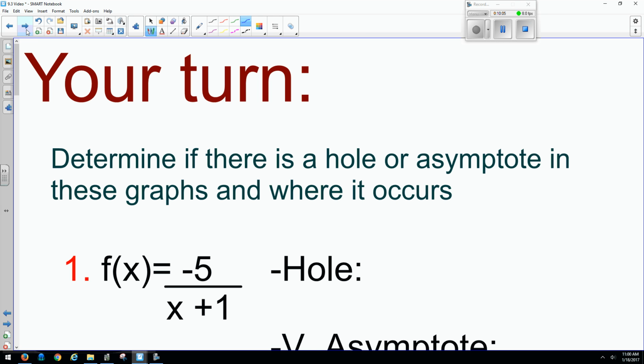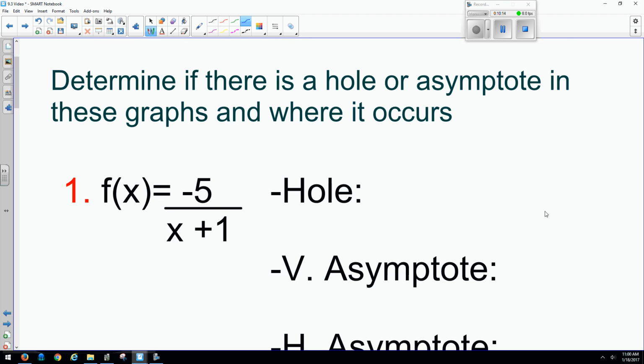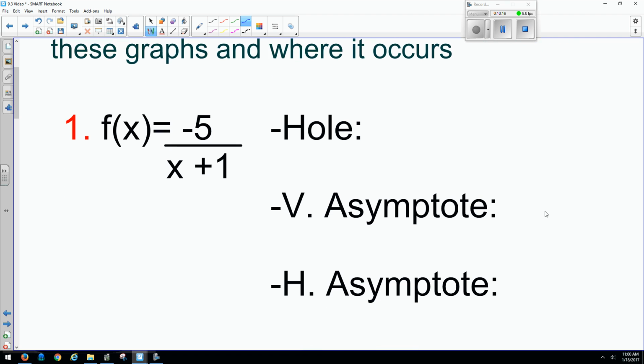So now it's your turn. I'm going to give you two problems, and I'd like for you to look back in your notes of what you just wrote down and see if you can figure out whether or not there's a hole, whether or not there's a vertical asymptote, and what the horizontal asymptote is. So here's number 1,